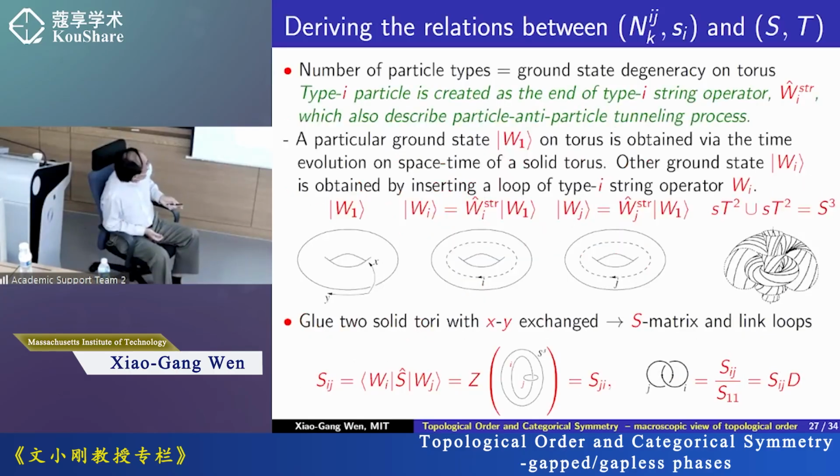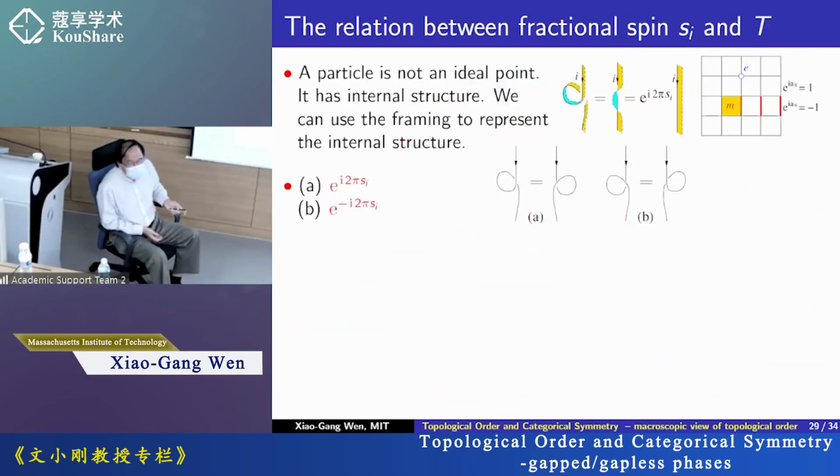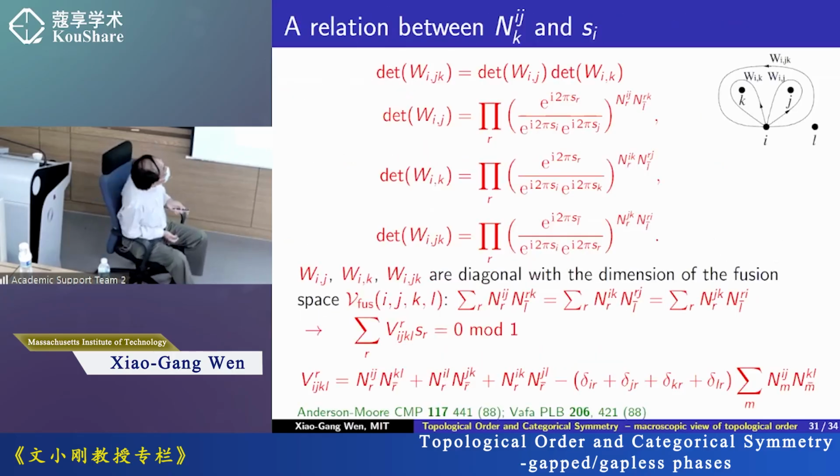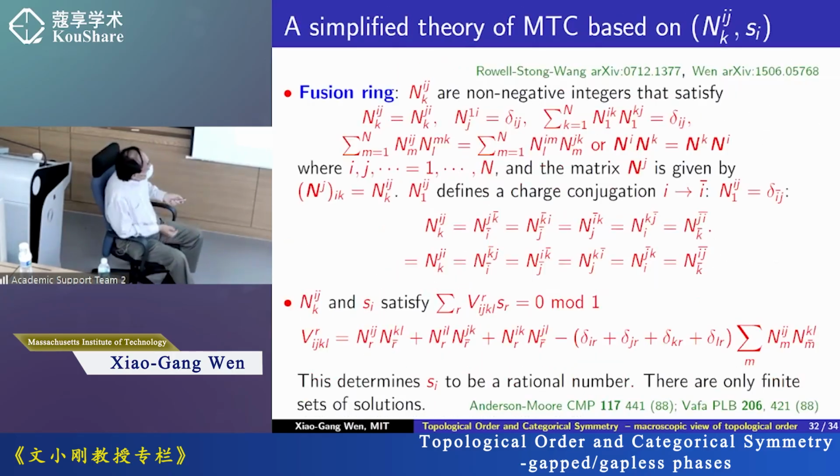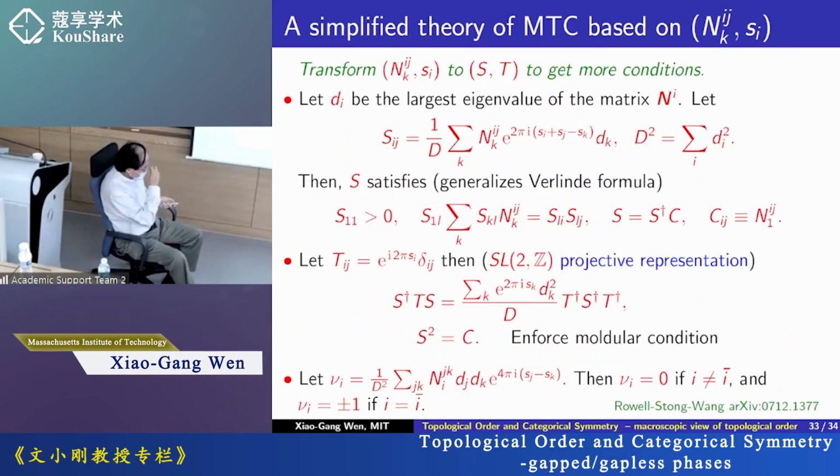So this is, you can say, I'm too ambitious. Okay, so you can see for the ST matrix, we used to have a condition that is